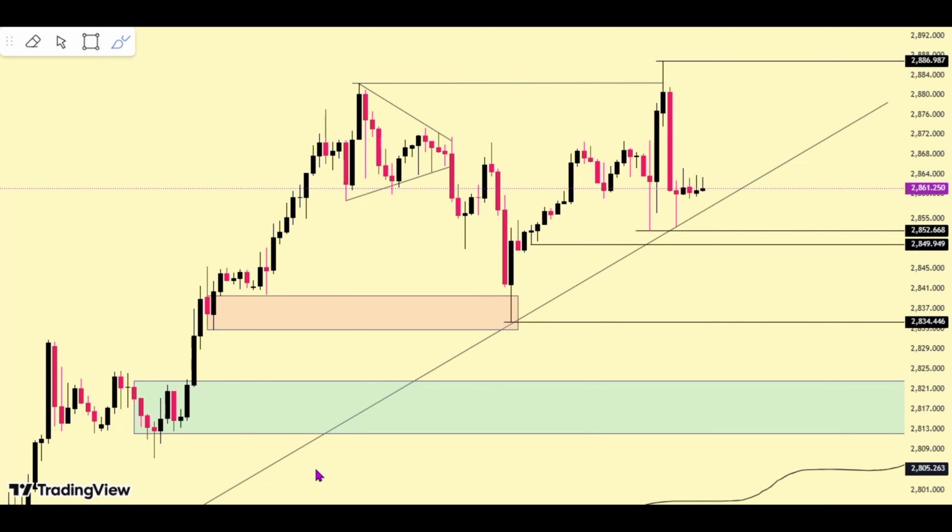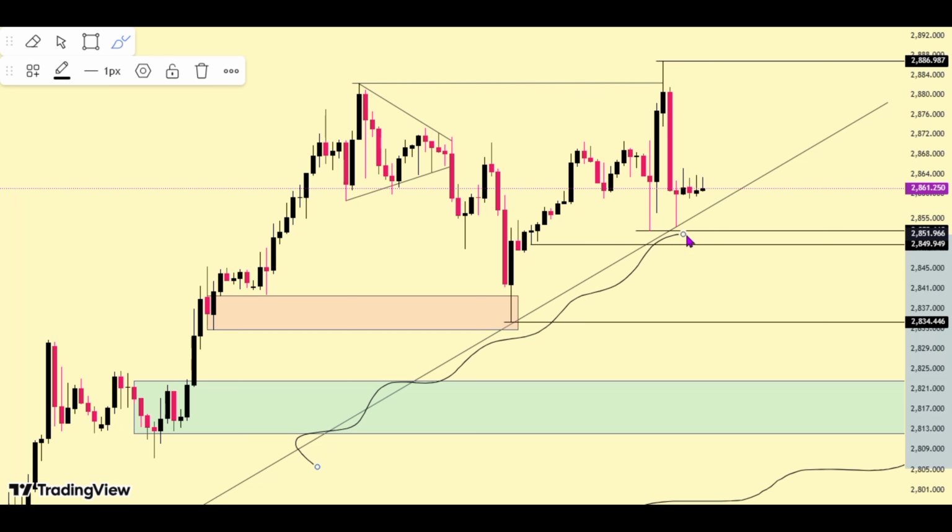Straight away on the 1 hour time frame, we have this nicely drawn trend line. We have price currently respecting the trend line here. However, my gut instincts do tell me that this trend line cannot sustain price for a bullish move. So I do anticipate that price should hunt the liquidity right above these doji candles that have been created, a couple of them, then we could have a smash through the trend line, obviously hunting these liquidities below here.